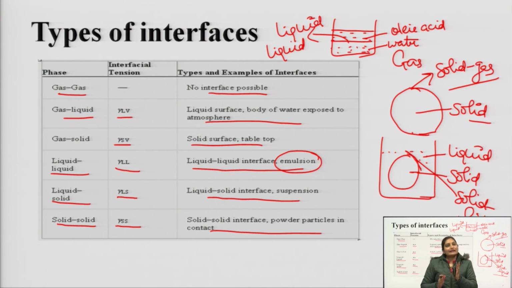Second is the gas and liquid phase. In case of the gas and liquid phase, it is denoted by gamma LV, and an example of this type of interface is a body of water exposed to the atmosphere. Okay. For example,